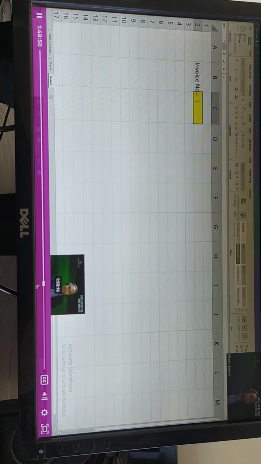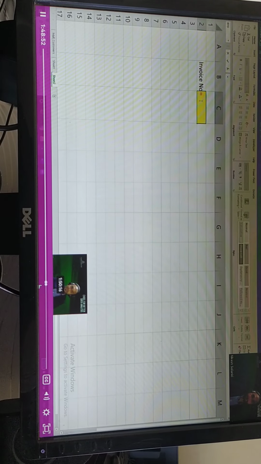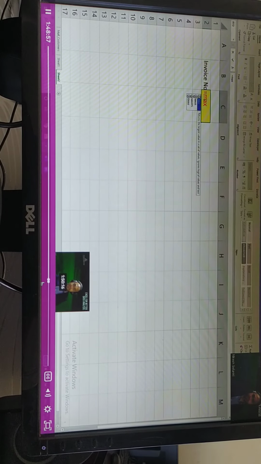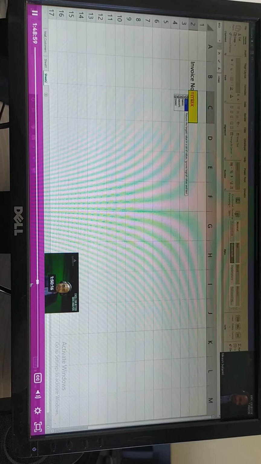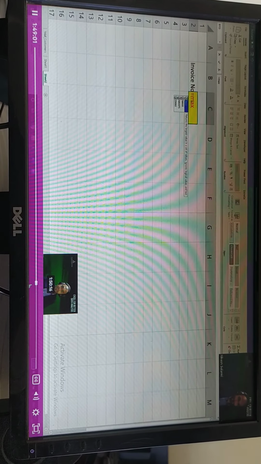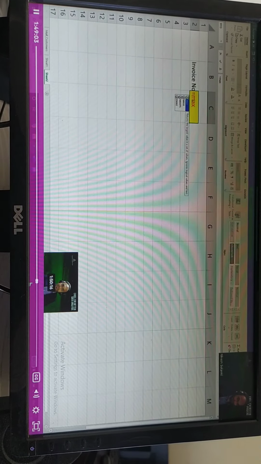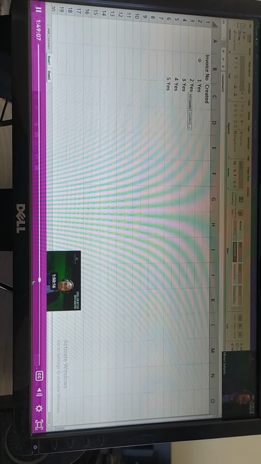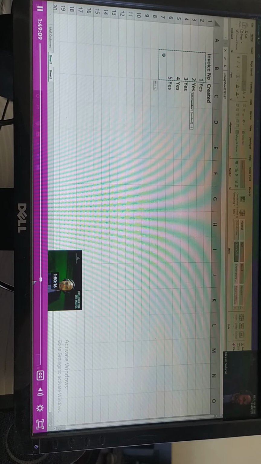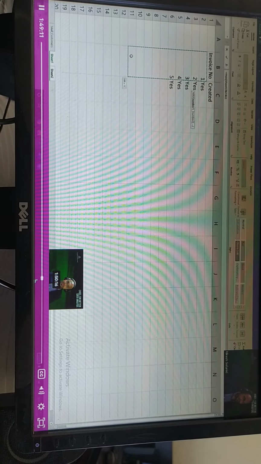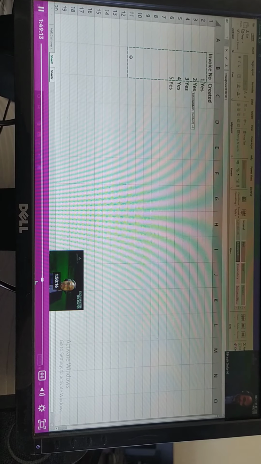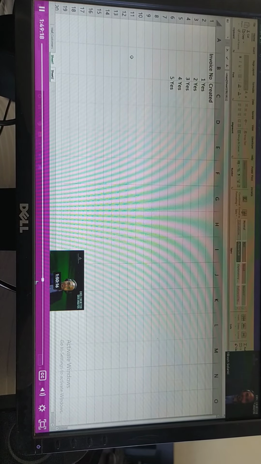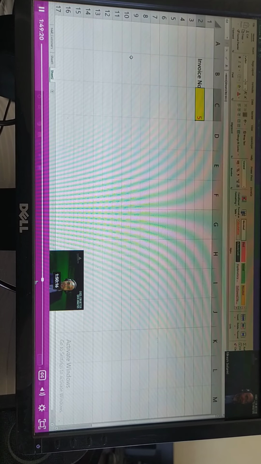Equal to max, and then max of what? Max of sheet number 1. Very good. Max of this, right? Then select that range and close the bracket.